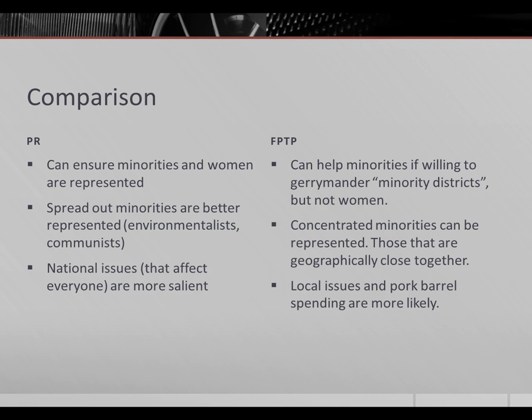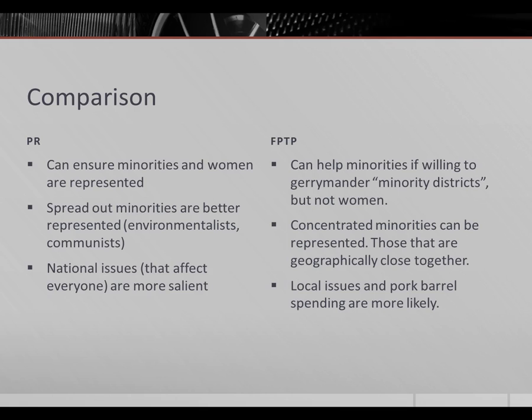So, quick and dirty comparison. PR can ensure that women and minorities are represented, if it's closed list anyway. Spread out minorities are certainly better represented, so if you have environmentalists or communists and you have a few of them in each district, PR can make sure that their concerns make it to the national legislature. And of course, national issues that affect everyone are going to be more salient because political parties have to compete based on how well they serve the interests of a very large population, the entire district,